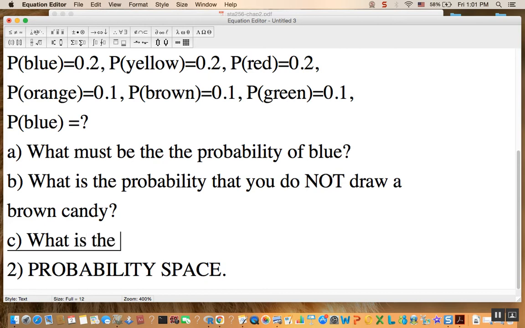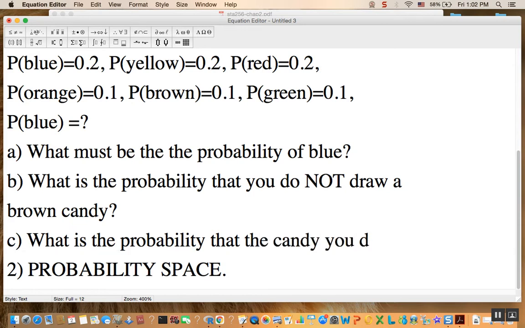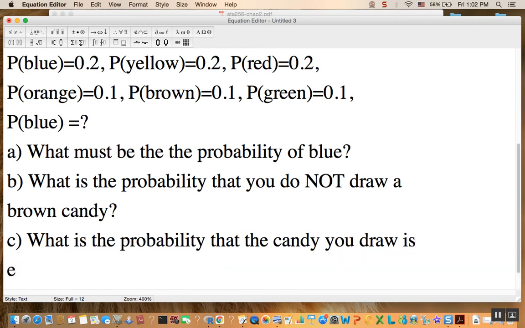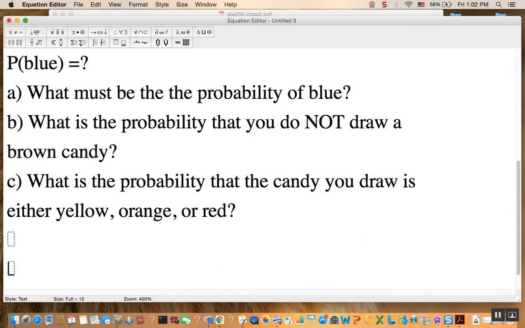What is the probability that the candy you draw is either yellow, orange, or red? Okay,